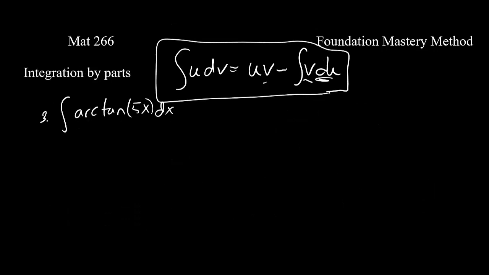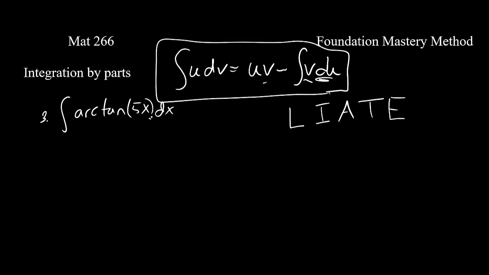So for the next example, let's look at integrating an inverse trigonometric function. In this case, we're integrating the arctangent of 5x. So let's look at the types of functions we have. In general, we have logarithmic functions, we have inverse trig functions, algebraic functions, trig functions, and exponential functions. And what we're going to do is we're going to put in the derivative column of the table whichever type of function that we're integrating that comes first in